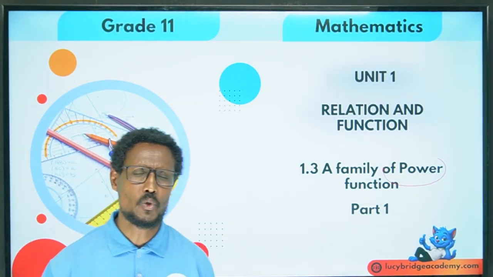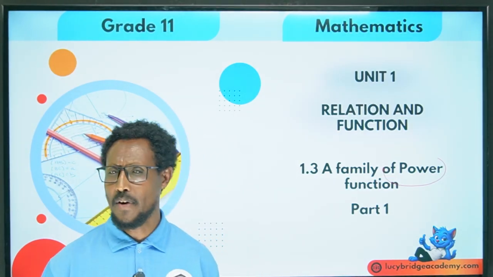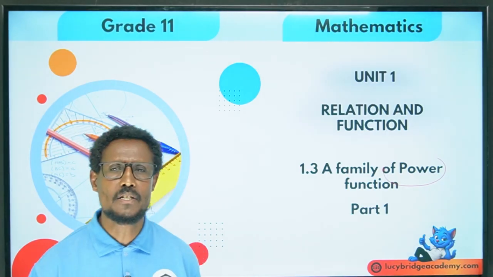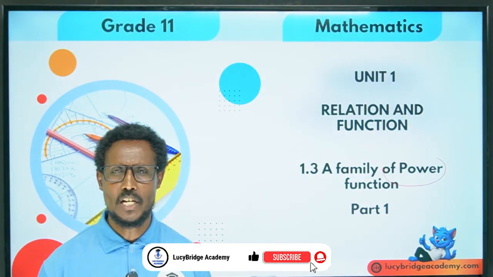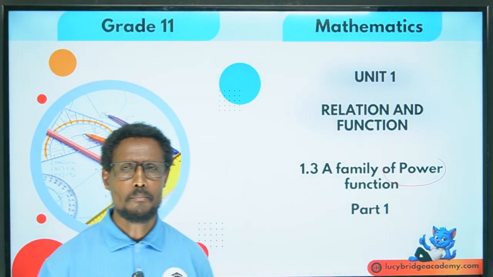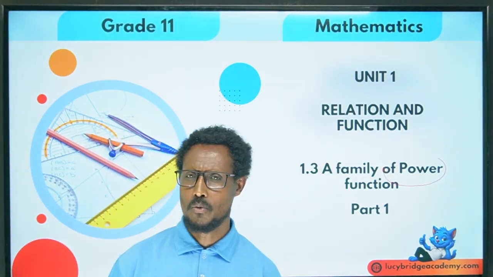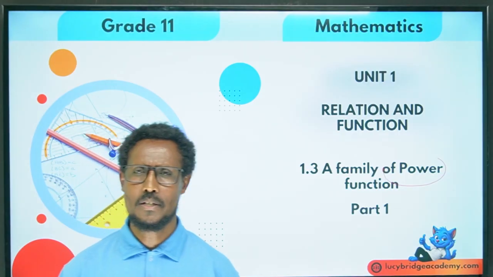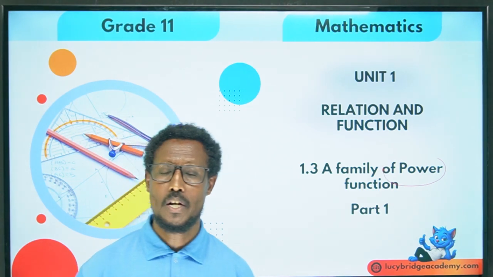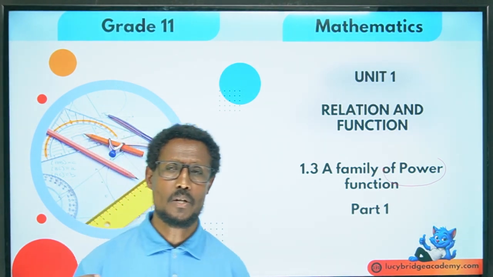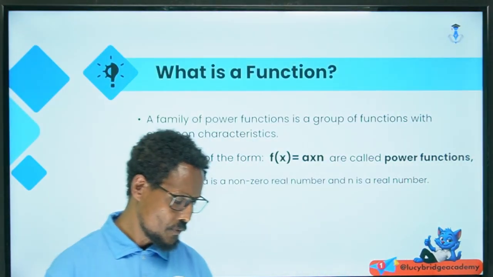ብዙ አይነት የፓወር ፋንክሽኖች አሉ። በጣም ብዙ አይነት የፓወር ፋንክሽኖች አሉ። ግን there are infinitely many power functions ግን በ10 ካቴጎራይዝ እናደርጋቸዋለን። ኮመን ፕሮፐርቲ ያላቸውን ኮመን ካራክተሪስቲክስ ያላቸውን ግሩፕ እያደረግን በ10 የተለያዩ የፓወር ፋንክሽን ግሩፖች እንመድባቸውና እነሱን ከዛሬ እስከ 6ኛው ፕሮፐርቲ ያሉትን ወይም ደግሞ ስድስቱን ኮንዲሽኖች እንመለከታለን። በሚቀጥለው ቪዲዮ ደግሞ ቀሪዎቹን 4ቱን ግሩፖች እንመለከታለን ማለት ነው።